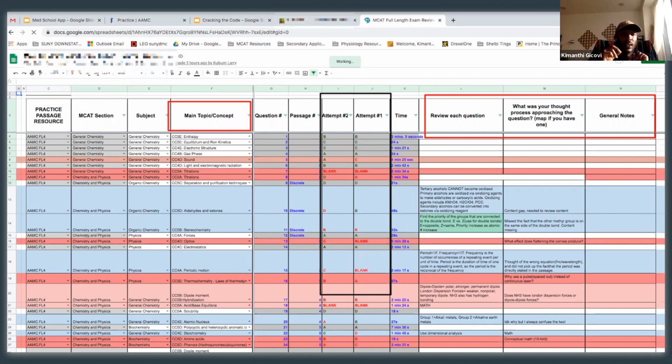Content, critical reasoning. So what I was really getting at is UWorld, the reason why you guys love those UWorld passages or answer choices, and the reason why I love them, is that they provide you with a great explanation of the content. But there's another way you can get the answer. I'm going to show you guys when we do this passage how you can get the answer with no content, okay?